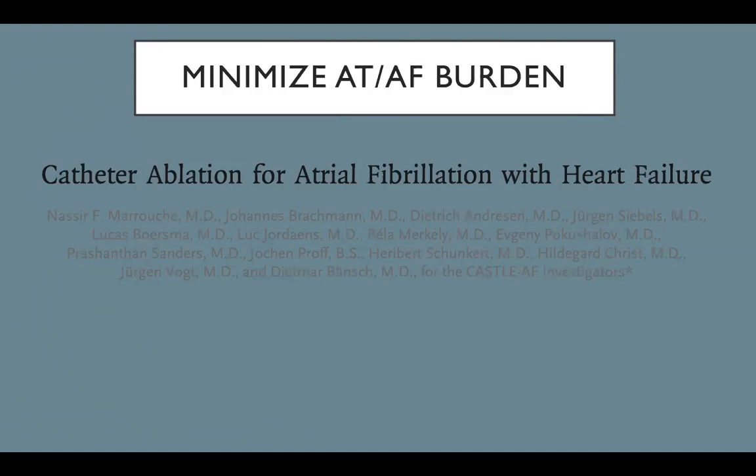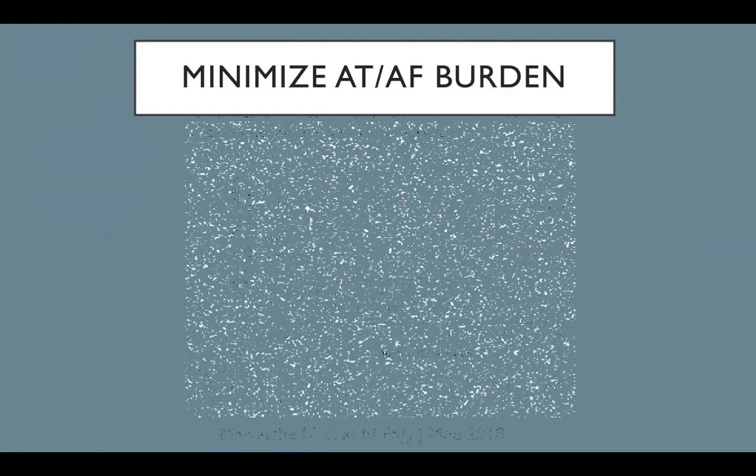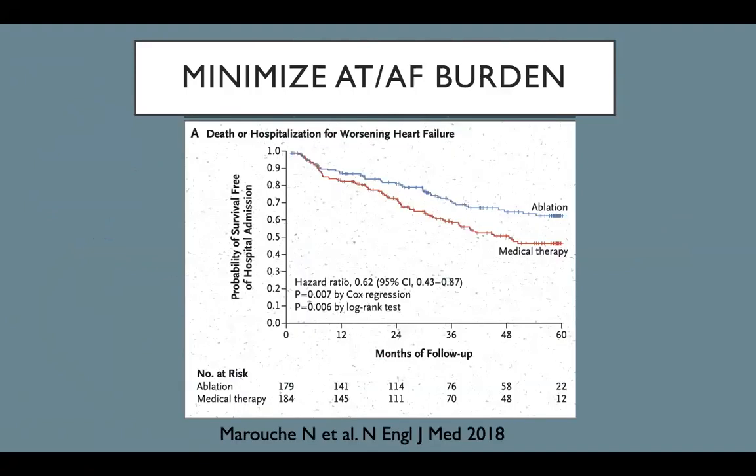It does pertain more directly to heart failure, and these patients were randomized to receive either pulmonary vein isolation or usual medical care for their atrial fibrillation, and it showed that a PVI, or pulmonary vein isolation procedure, was far superior to